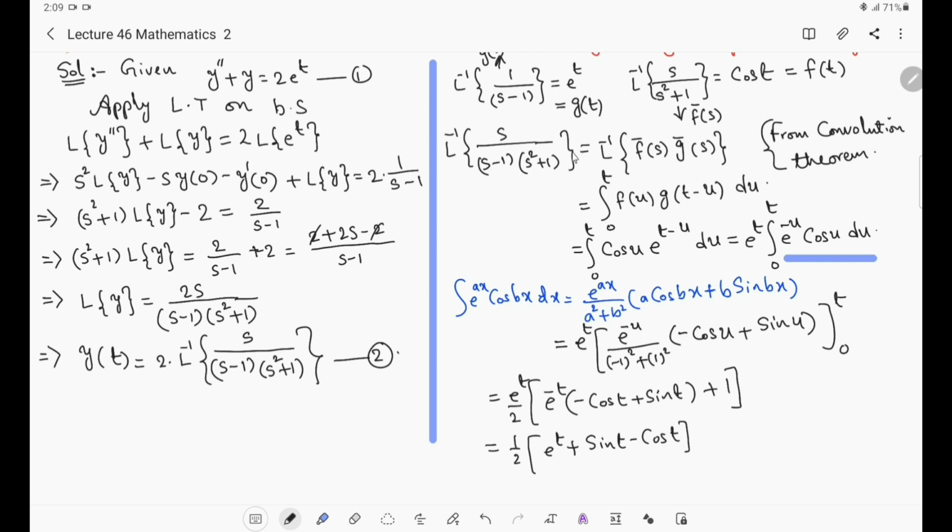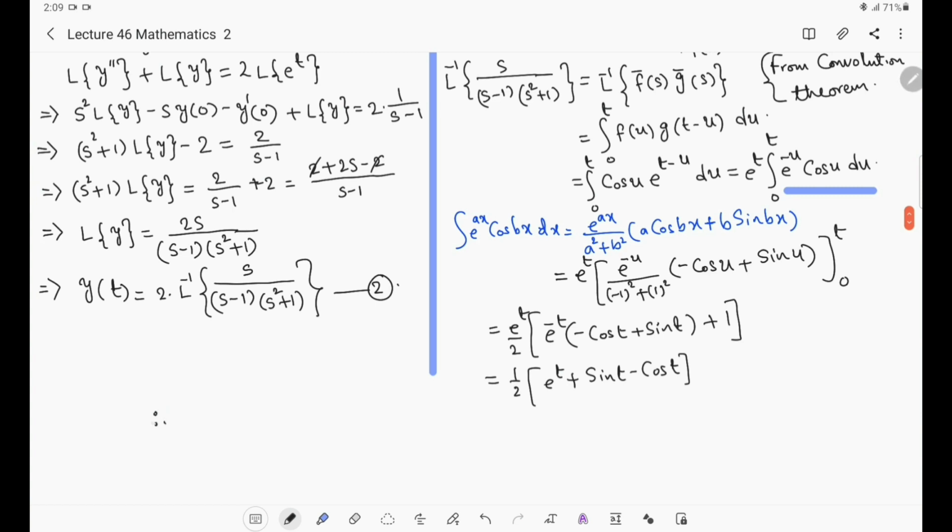This is the required Laplace inverse transform of s by (s minus 1) into (s square plus 1). So finally, what will be the answer? Therefore, the final solution, that is y of t, is equal to, we have to substitute this value in place of Laplace inverse. So 2 into 1 by 2 e power t plus sin t minus cos t, plus sin t